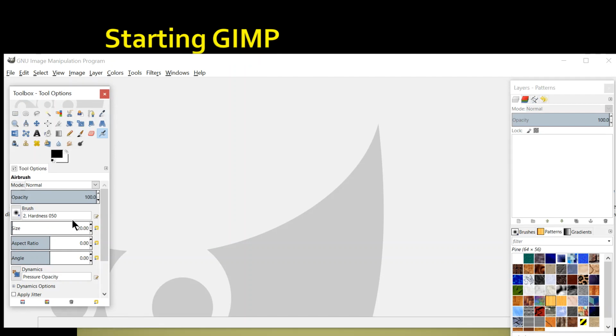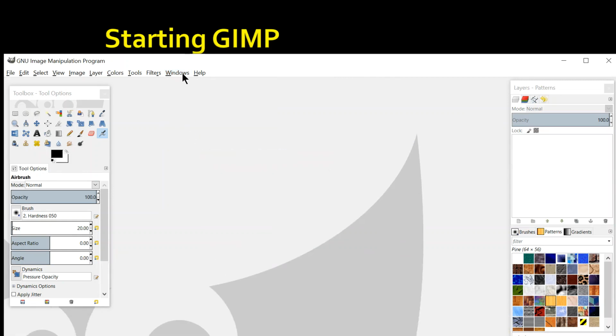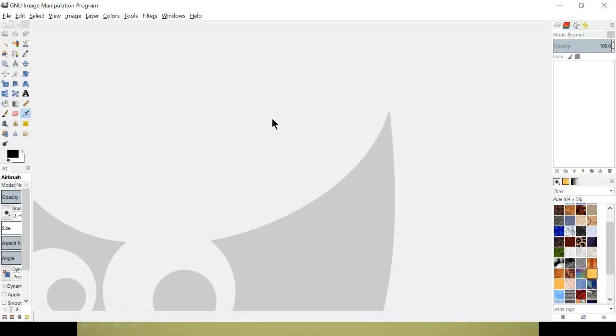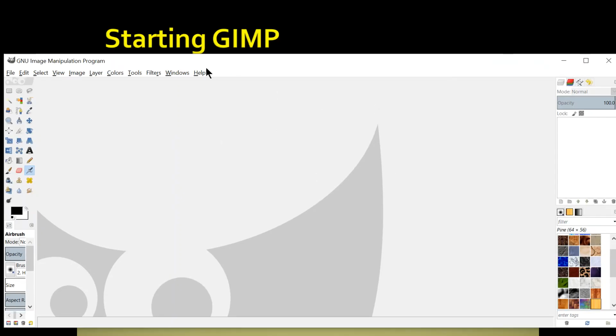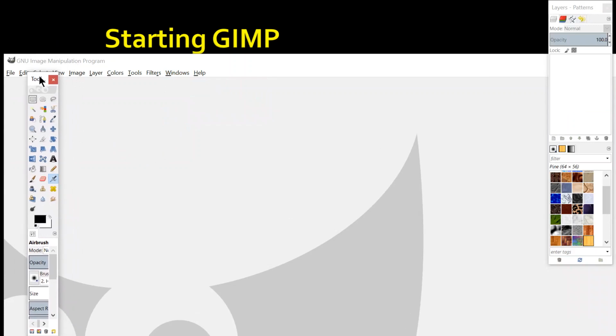And we can change to single window mode by selecting windows and then single window mode. Already we are there in single window mode. Got it? Look, automatically these all are adjusted here. Got it? I am coming back to the previous one.